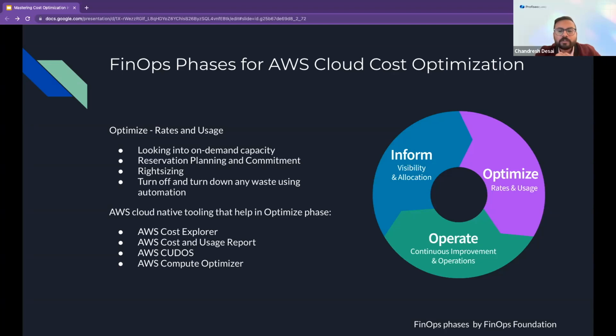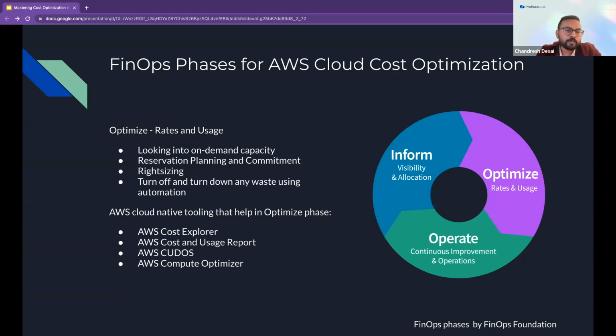You can also list out all the resources which are not active, like unattached volumes such as EBS volumes, and out-of-scope snapshots. This makes the biggest saving opportunity in this phase. You can optimize a lot of resources that way, and it will definitely help bring your cloud environment or cloud billing cost down compared to the previous month.